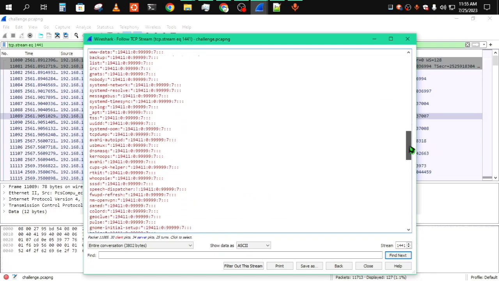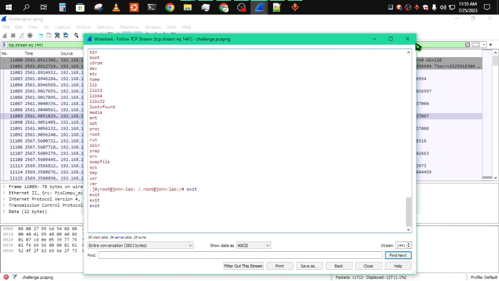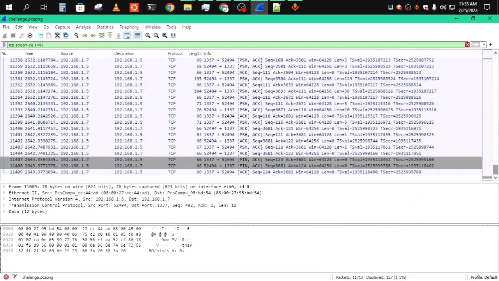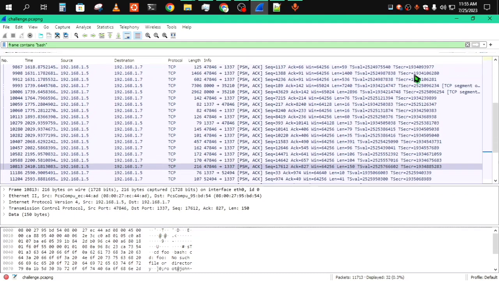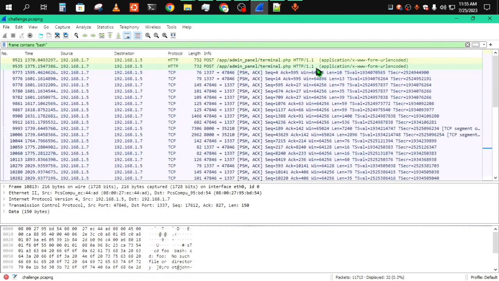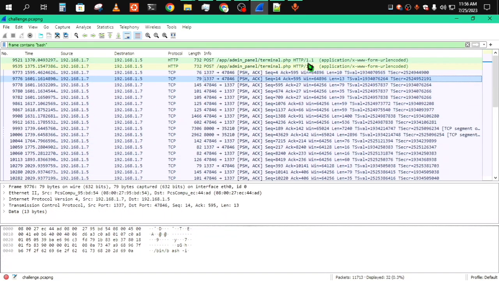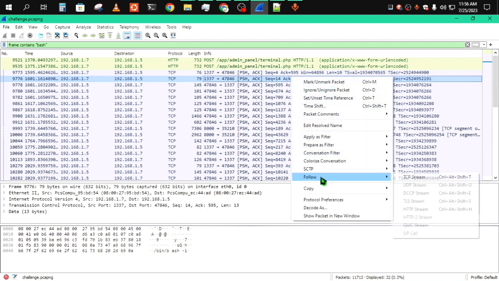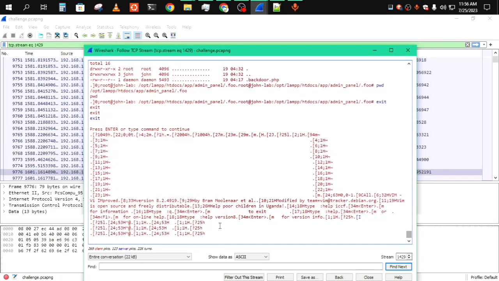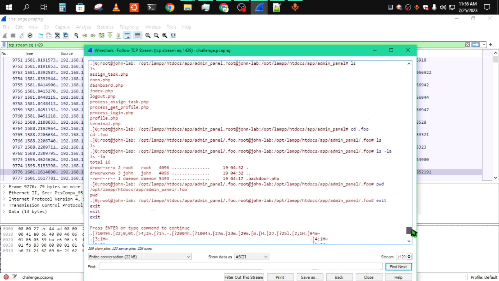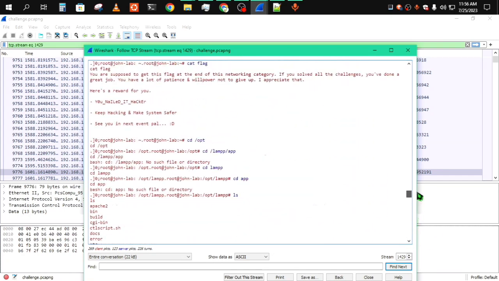It's not. I just read the flag. Okay, php admin bin bash. Okay, let's see this. Yeah, it might be. So at last, after getting root permission,